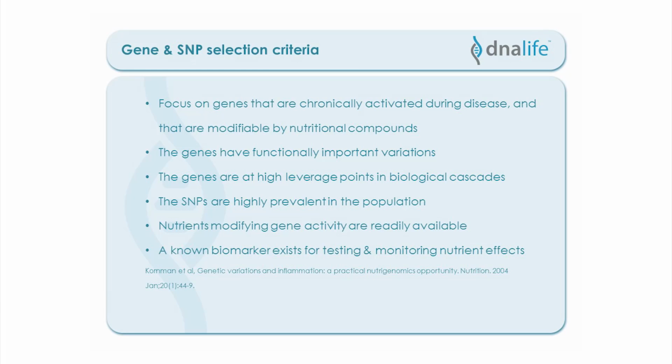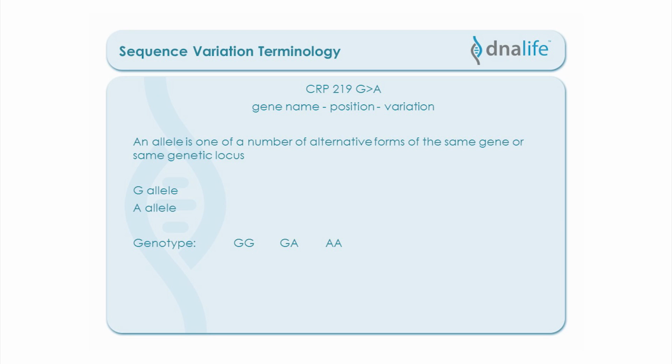Just to end off this introductory lecture, I'd like you to familiarize yourselves with some of the terminology that you're going to see in the reports, in terms of the way the gene names are written and how we refer to the names of the variations that we find. So what we've got here is some of the terminology that relates to sequence variation within the DNA. You see that the gene name is written as CRP, which is an abbreviation I'm sure you're all familiar with, of C-reactive protein,